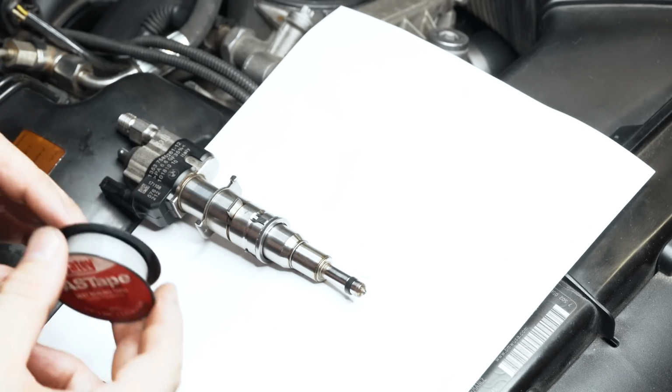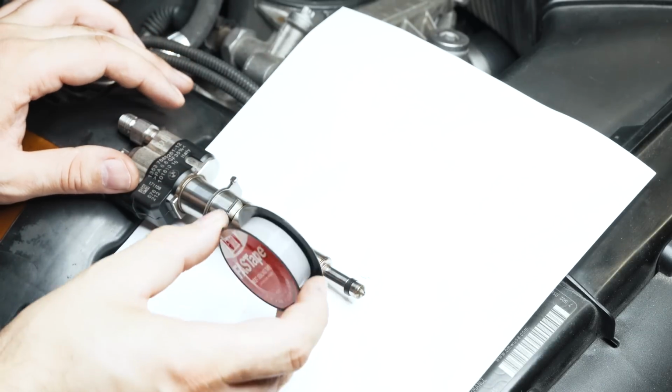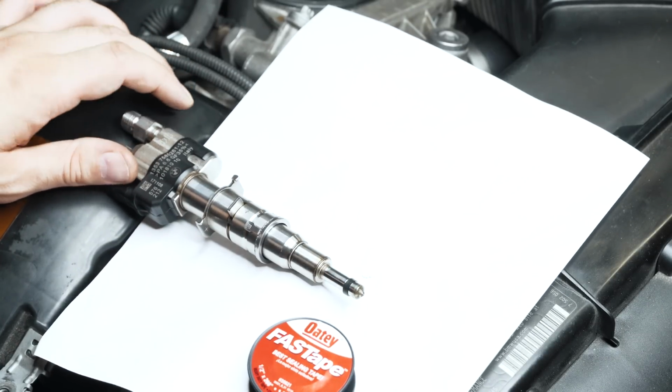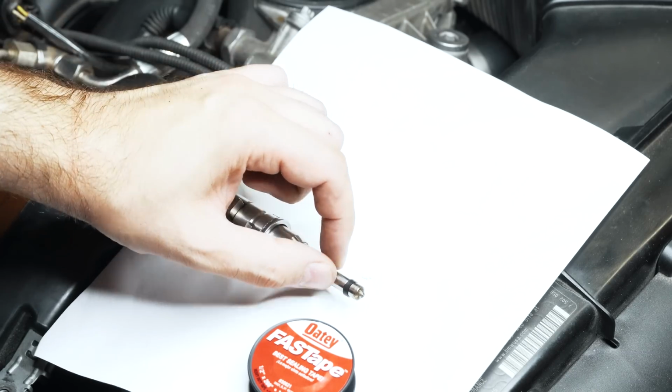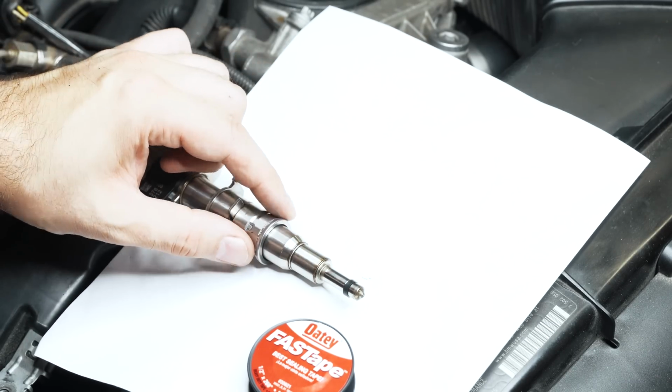It's actually made out of the same material as this. This is a Teflon seal, so it's high temp rated. It's kind of like plumber's tape, which you use to seal your pipes. But I'm going to wrap this surface here in the Teflon tape and around here, just so that it will